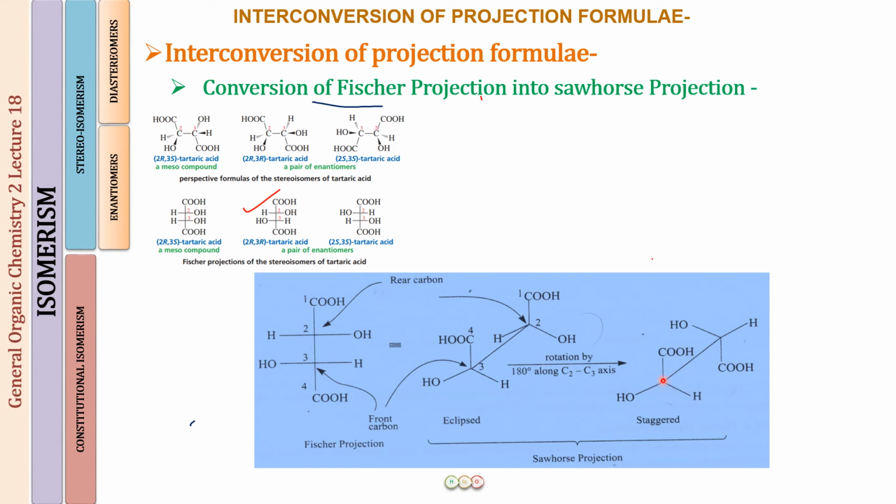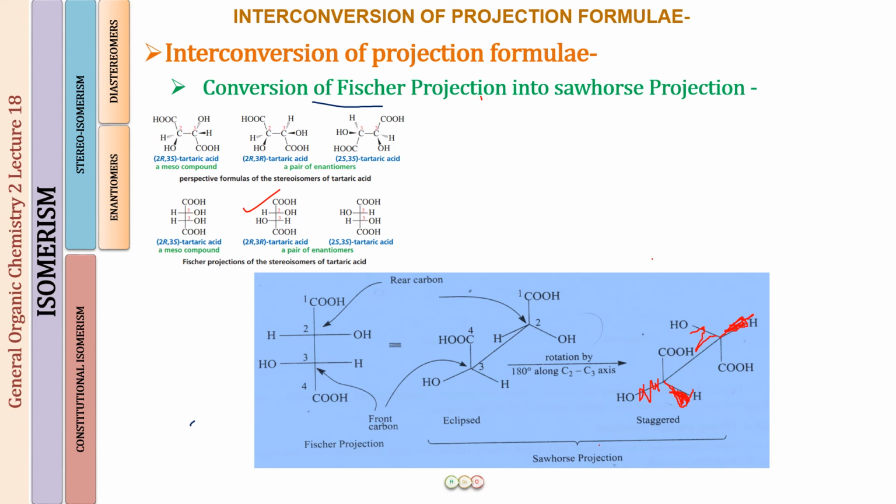Okay, so here for example you can put, because you understand in a flying wedge the group which was behind, which is far away from us when we look at it, we put a dash. So if I put over here, I can make this a wedge. If I fill in the whole color, and this is going to be my dash. Fine. Similarly, this one will be the dash, and this one will be the wedge. Okay. So I hope now this is also clear how you can convert this sawhorse into a flying wedge projection.